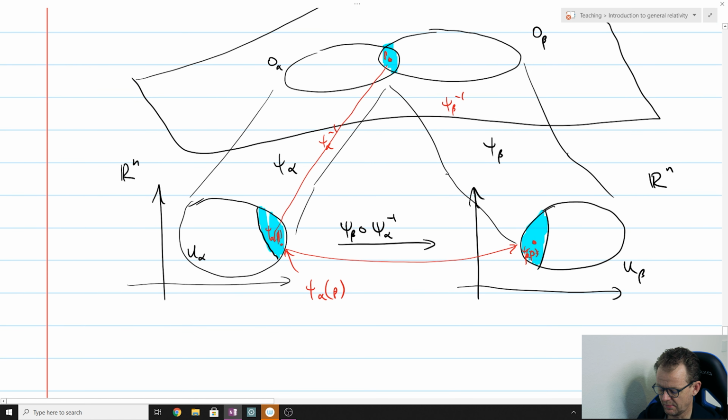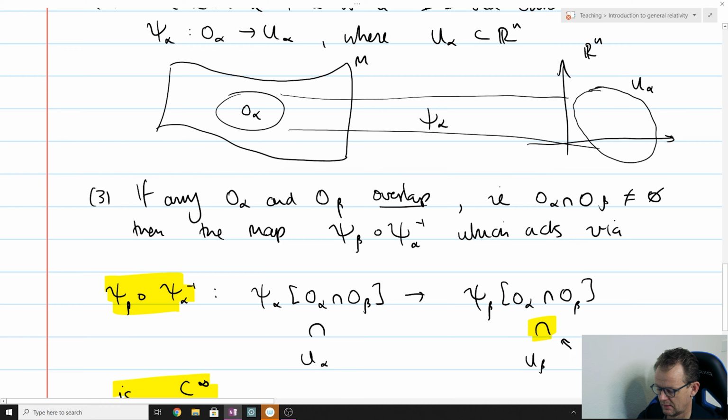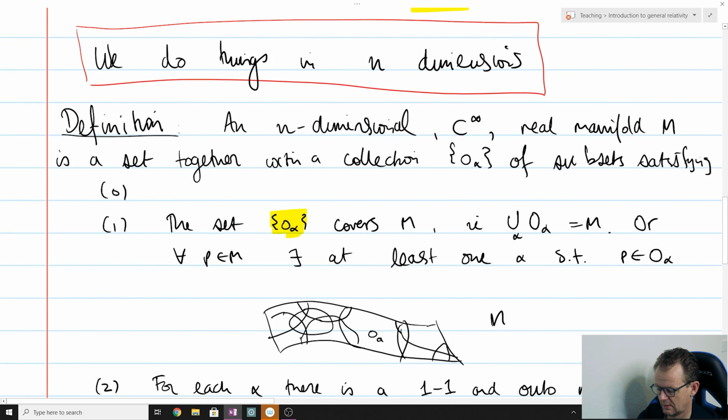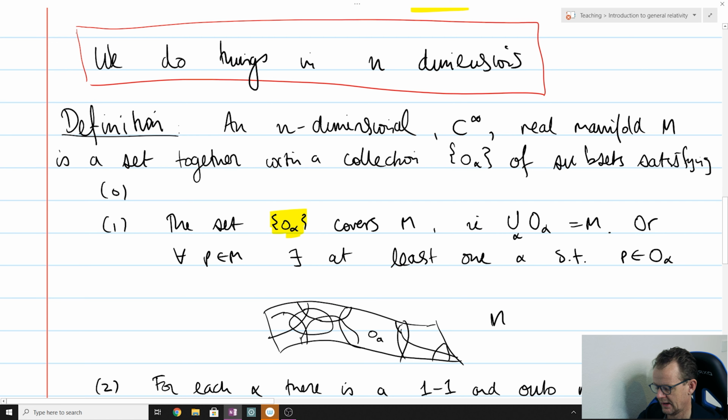Now that you form that map, you can't call it a manifold unless that map is smooth. It means that all derivatives exist and are continuous. There's a zeroth condition that I've made reference to already in this video. The zeroth condition comes from general topology